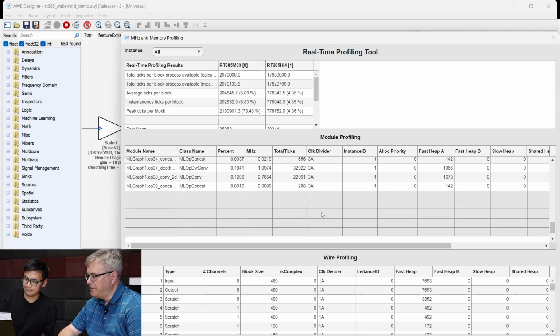and for each operator, you can see the CPU load and memory consumption. This feature is still in development here at DSP Concepts,